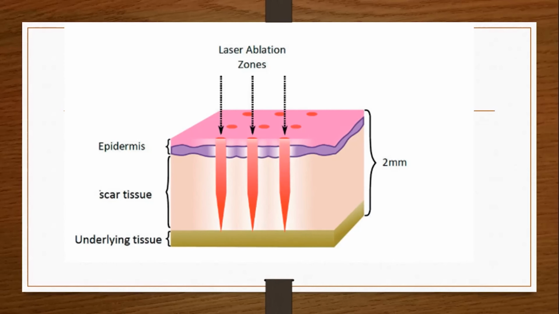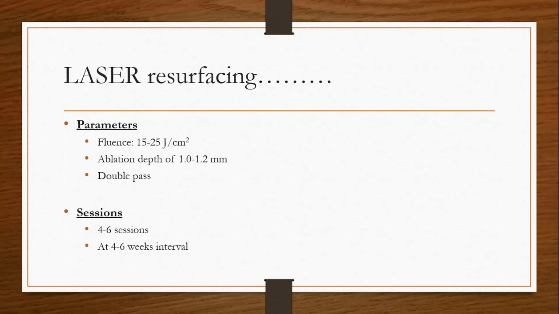As shown in this picture, this laser will create channels like this. They will work on this particular area, leaving behind the normal skin in between. This will help in rapid reepithelialization, and we can control the depth with this laser also. So we can reach a deeper surface with laser resurfacing. That is definitely an advantage of laser resurfacing, but it may not be available in all setups. That will be a disadvantage of this laser resurfacing. Next, please.